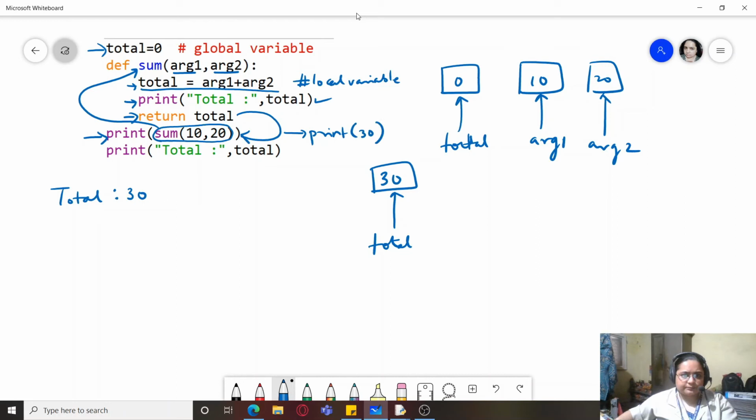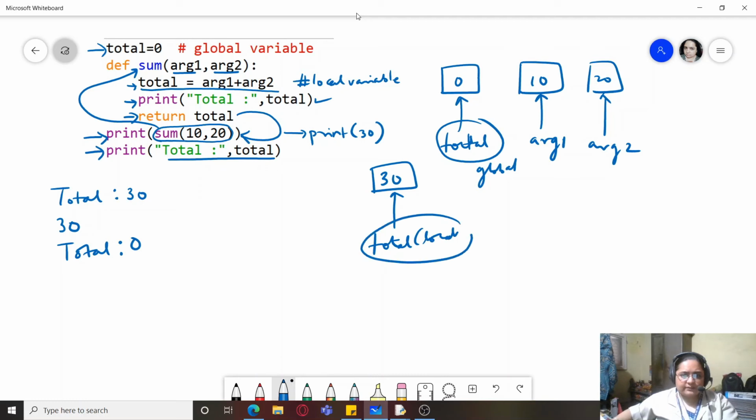Now print 30, so 30 will be printed as it is. And the final statement, print total: it is the global total which will be printed, that is 0. And this is your local variable total, which is visible and has its scope only within def.